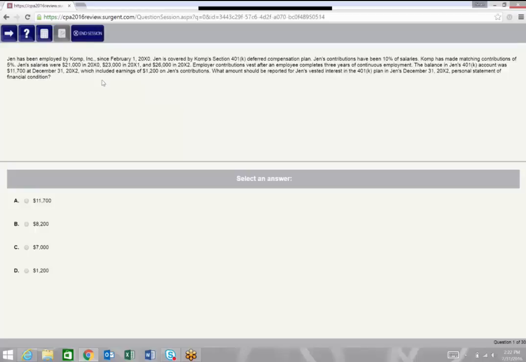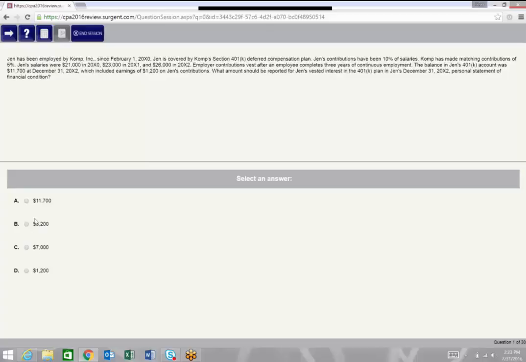So you might have no idea at all, or you might be able to make some educated guess, but you'll see that all these numbers and dates are designed to throw you off. The second reason students get questions wrong is just because they misread a word, or they missed something. And then the third reason is that they didn't give full focus to each of the four answer choices. Notice down below where we list A, B, C, D, quite frequently we'll find students that they will see an answer choice and immediately fall in love with answer A or B and not give the same emphasis to answer